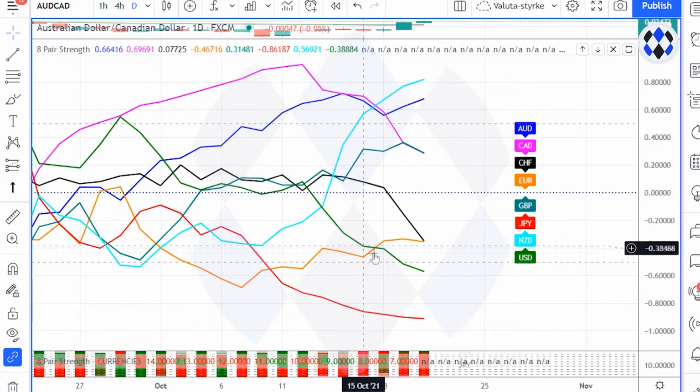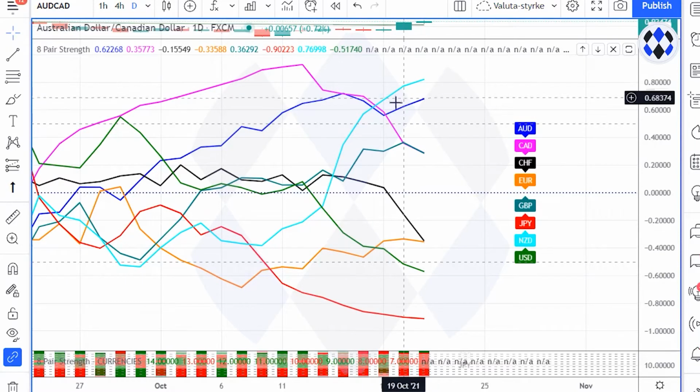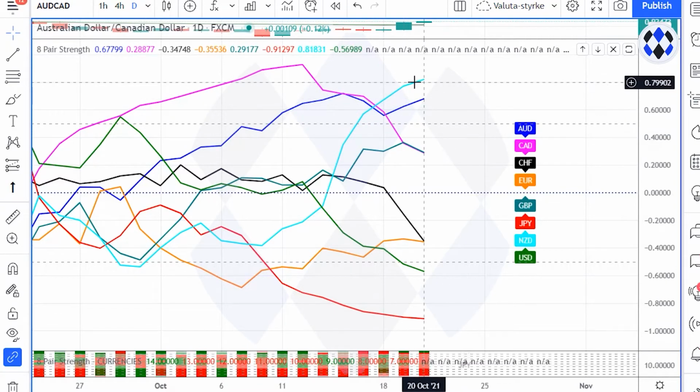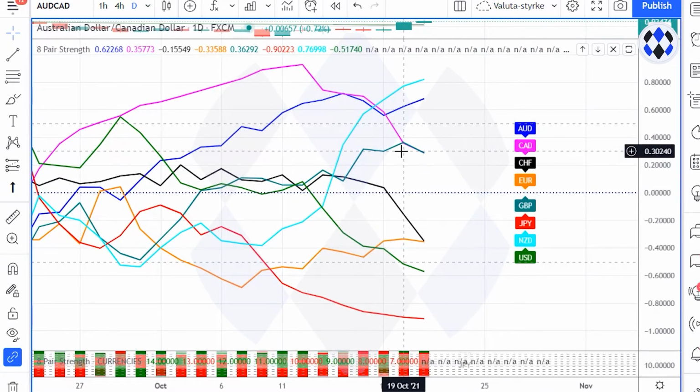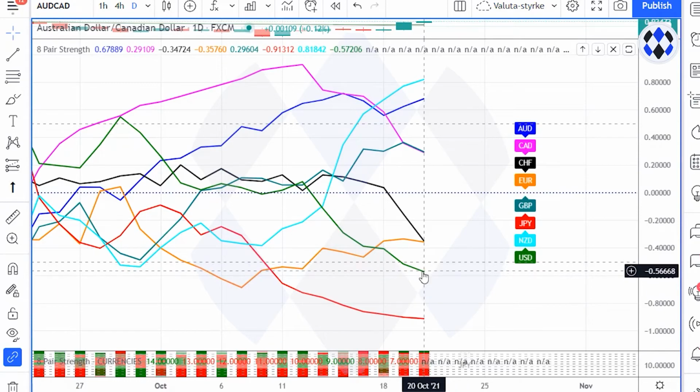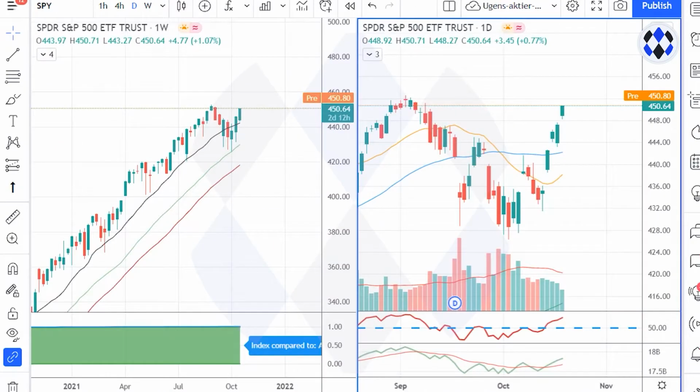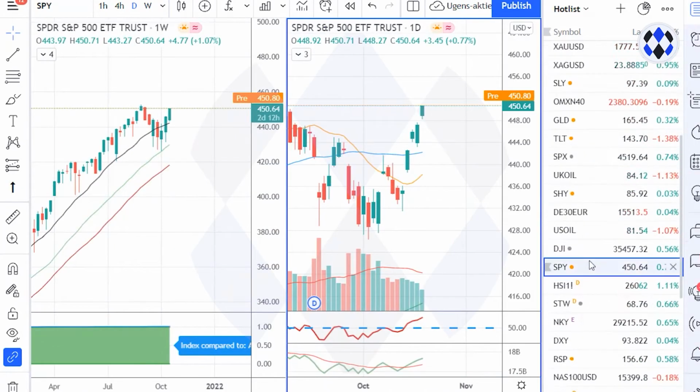So what we would want to do, at least if we are trading on the 4 hour and 1 hour time frame, is to pick some pairs where we are long either the New Zealand or the Australian dollar. Yeah, that's actually the only two really strong currencies here. And we might have a look at something where we are short the CAD, the pound, the Swiss, maybe the dollar. However, about the dollar, I'm not 100% certain about that,